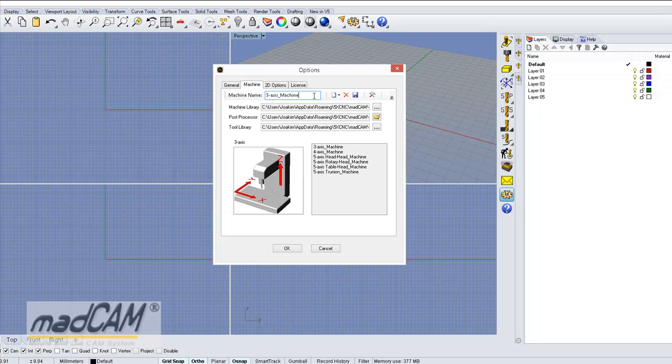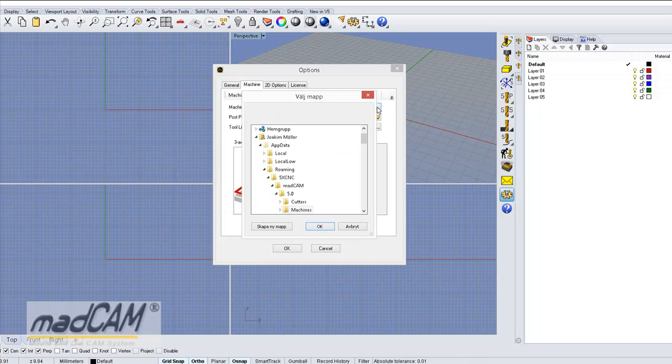So first thing to do then is to choose if we want to use the default library for the machines, or if we would like to place them on a different folder. So I will show how to do that. So we click on the browse button, and then we can go anywhere on the computer. For example, I will put it on my D drive,